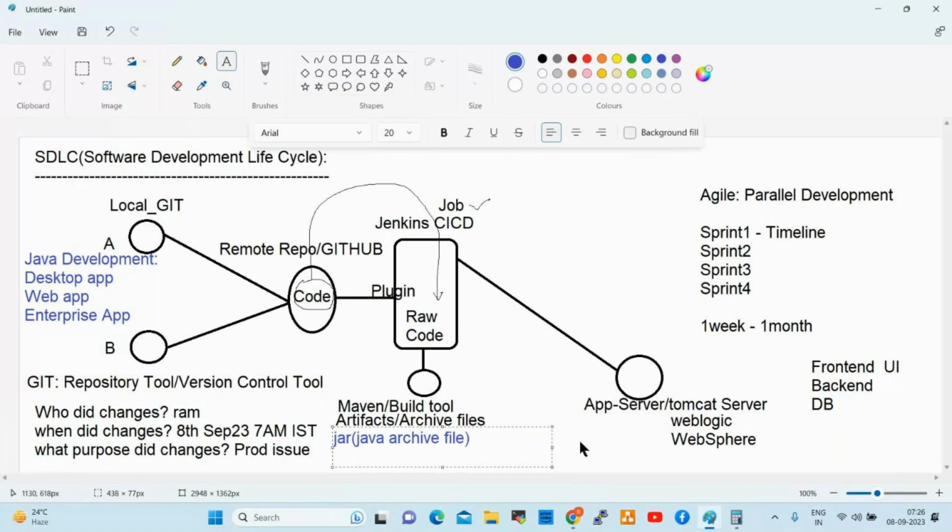Desktop application means it only works on the local system. A web application we can deploy onto a server and access through the internet. For this, it will generate a WAR file, web archive file.